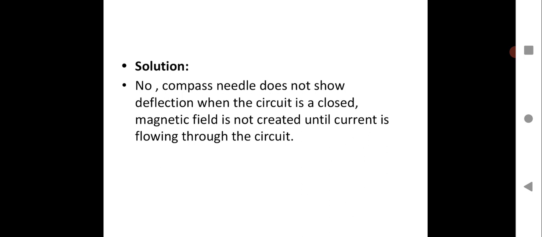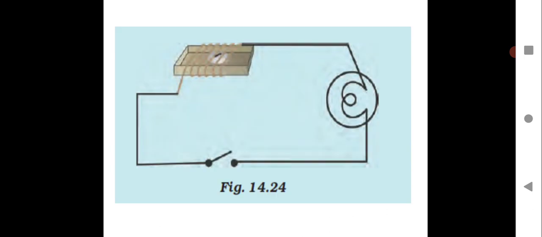So here, closing means the switch is in off position. Please understand the term closed used over here; it means the switch is in off position. Here you can see the switch is in off position, that the key is open here. The key is open means the circuit will not have current flowing through it.